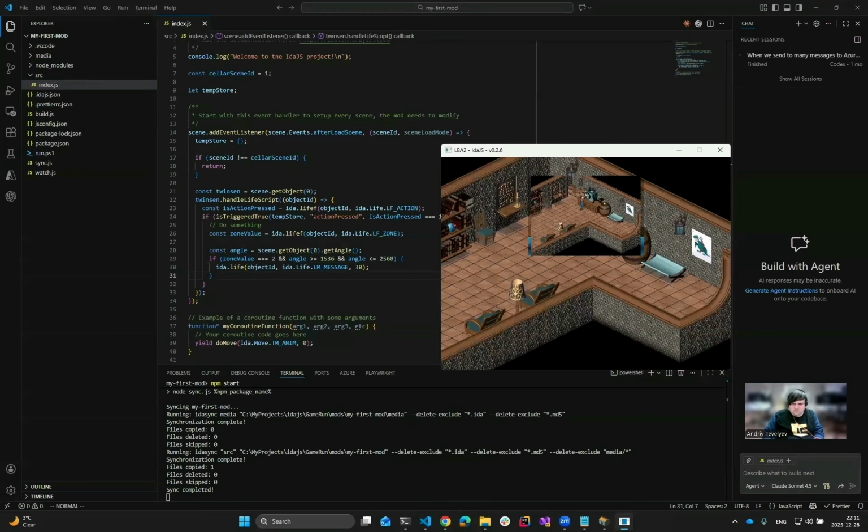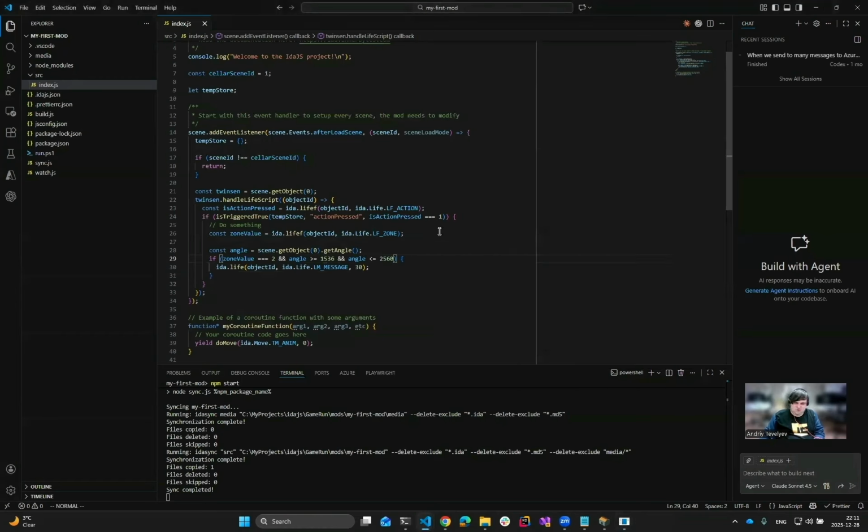Load game. So now if I'm facing the radio, it says hello. If I'm facing somewhere here and press space, nothing happens. That's what we need. But there is one more way to do it using IdaJS that is more modern,